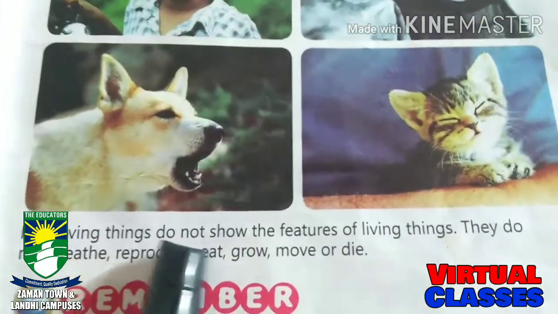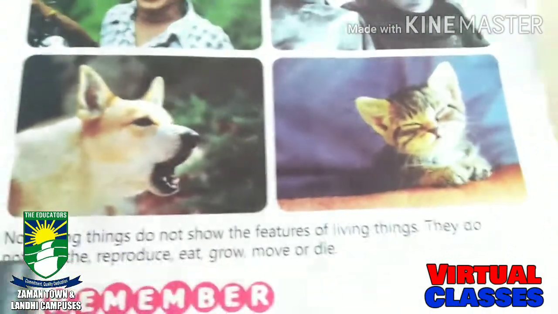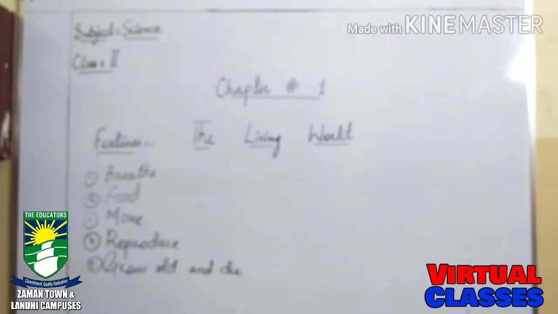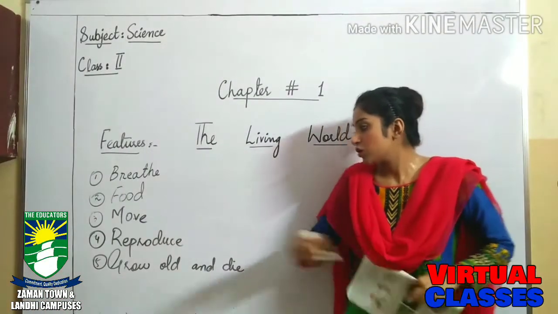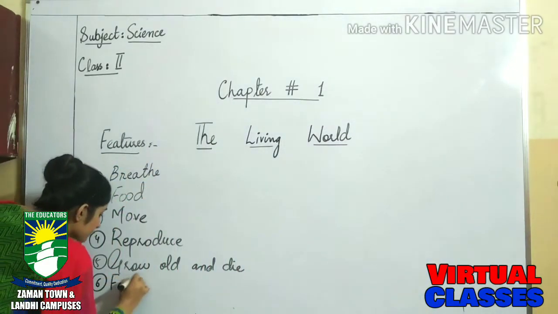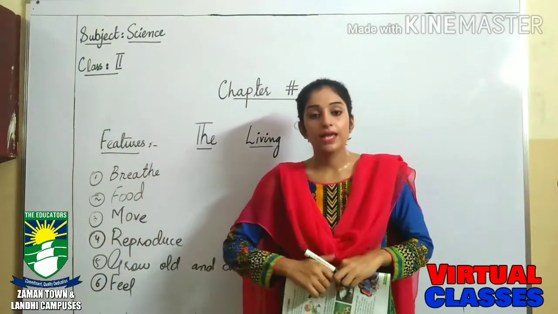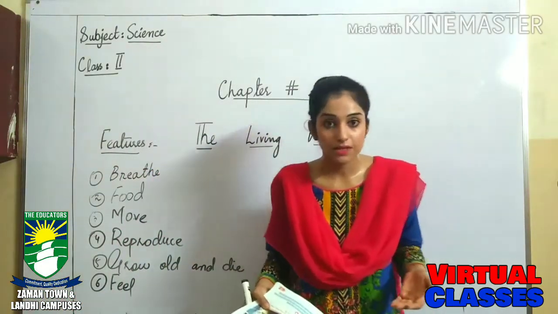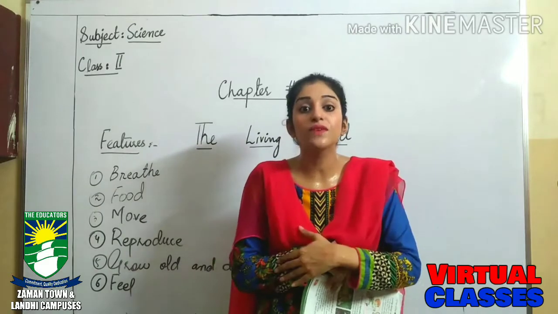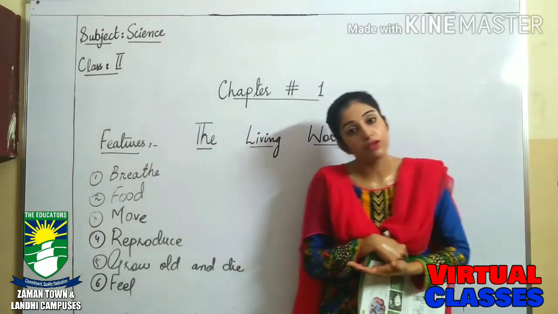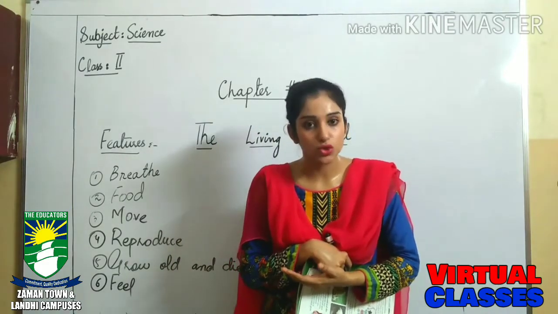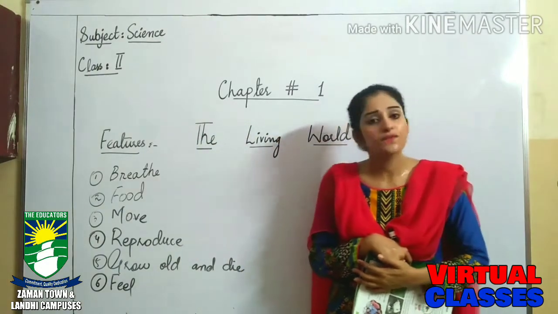Let's read from here. Non-living things do not show the features of living things. They do not breathe, reproduce, eat, grow, move, or die. Now, they are talking about feelings. So, number 6, the last one, is feel. Living things can feel. They can have feelings. Feelings of happiness, feelings of sadness, feelings of anger. If you get any injury on your hand, you will feel the pain because you are a living thing. Animals also have feelings and emotions. So living things can feel, they can have emotions, but non-living things don't feel anything,